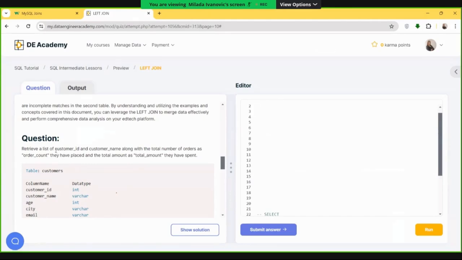We are doing customer ID, customer name, total number of orders as order count they have placed, and total amount they have spent. All right, this is going to be more interesting. We have more things to think about here. So selecting customer ID, customer name,